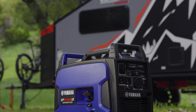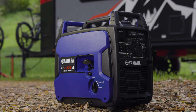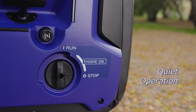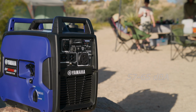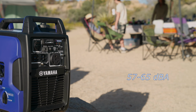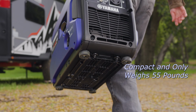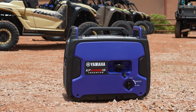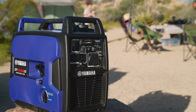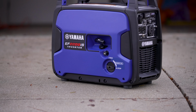The EF2200iS is also built for efficient and quiet operation, capable of running a continuous 10.5 hours at 1/4 load with noise levels of 57 to 65 dBA, allowing people to maintain a normal conversation with ease while it's running. Lightweight and easy to carry by 1 or 2 people with an intuitive triple-handle design, the EF2200 is designed for outdoor enthusiast usage, for camping and other outdoor activities, portable emergency backup power, and as a power source on many